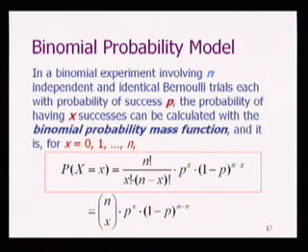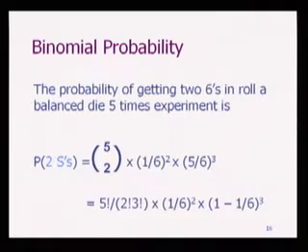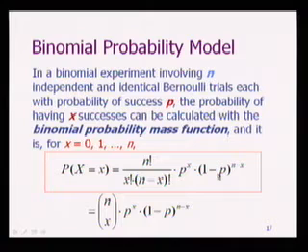Each time we cast that die, the chance of 6 to occur is 1/6. So p is 1/6. Now, if I flip it back to this formula, isn't it just the same? N is 5, x is 2, and n minus x is 3. This is p raised to the x power, 2, and this is 1 minus p raised to the n minus x power, right? If you look at this formula, okay?